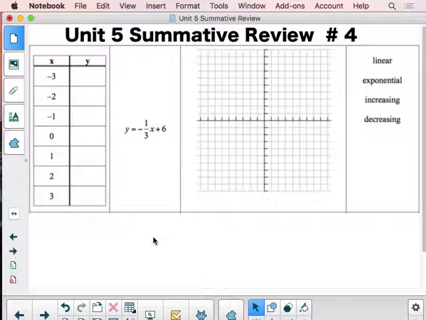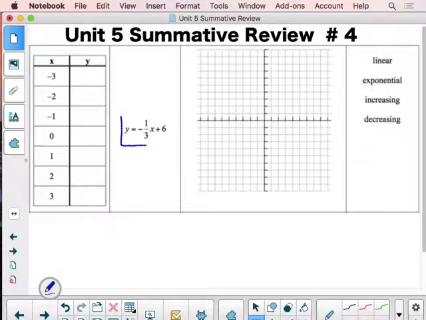This video is going to cover the last 3 examples of the Unit 5 summative review. So these are on the back side of the review, problems 4, 5, and 6. As you can see here, number 4, you're given the equation. And I think, or at least I'm hoping, that as you look at that equation, you realize, yep, that is